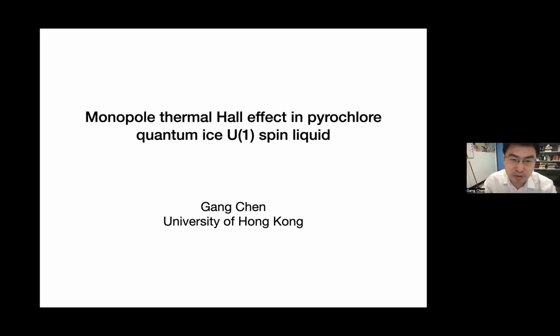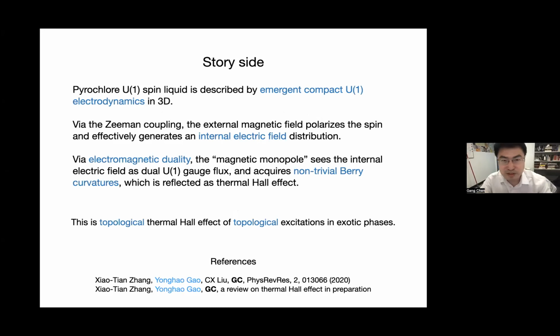So this is about the monopole thermal Hall effects in pyrochlore U1 spin liquids. So the storyline is here. The pyrochlore U1 spin liquid is described by emergent compact U1 electrodynamics, or compact U1 gauge theory, in 3+1 dimensions. The observation is that the Zeeman coupling to the external magnetic field will polarize the spins a little bit and effectively generate an internal electric field distribution. So this internal emergent electric field distribution,